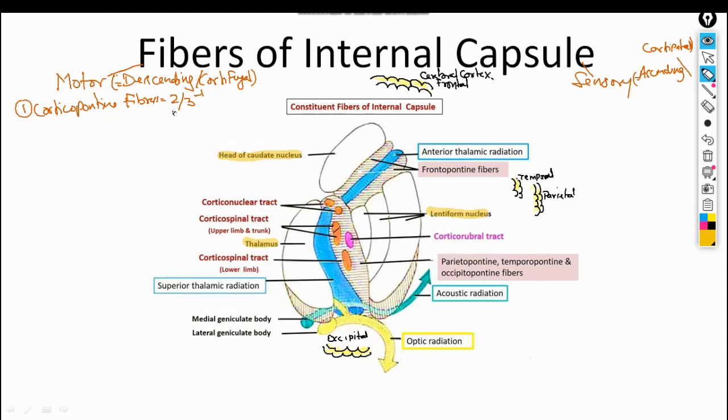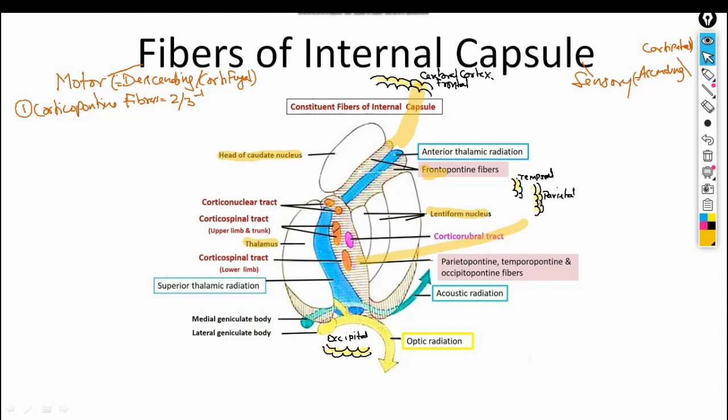So in this corticopontine fiber, first we talk about the frontopontine fiber. You can see these frontopontine fibers. These frontopontine fibers make a connection here this way with the frontal lobe, the cerebral cortex of the frontal lobe, and this one is the parieto pontine. This makes a connection